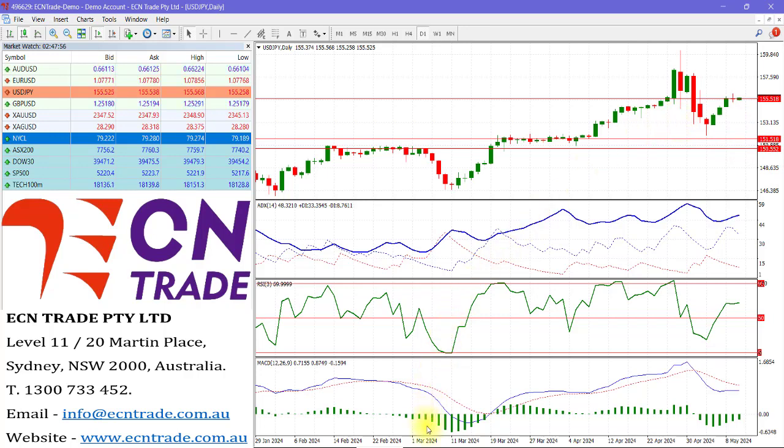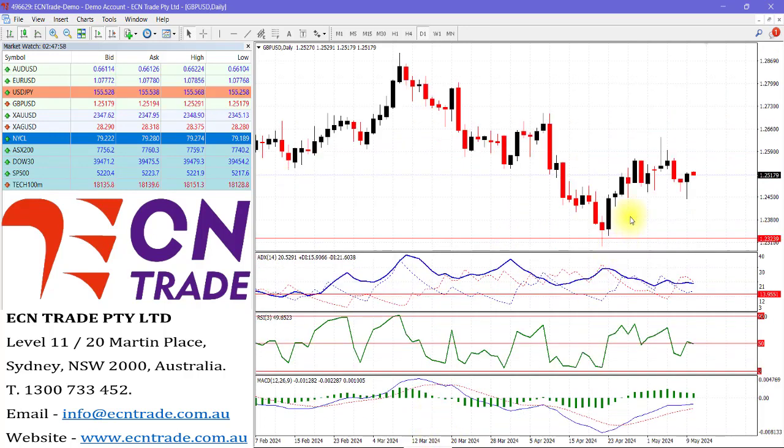As widely expected, the Bank of England kept rates on hold, and from there the market posted an engulfing candle that could see further gains. But I would like to see the RSI pick up a little bit to the bullish side and therefore look back towards 126 and on to 127.